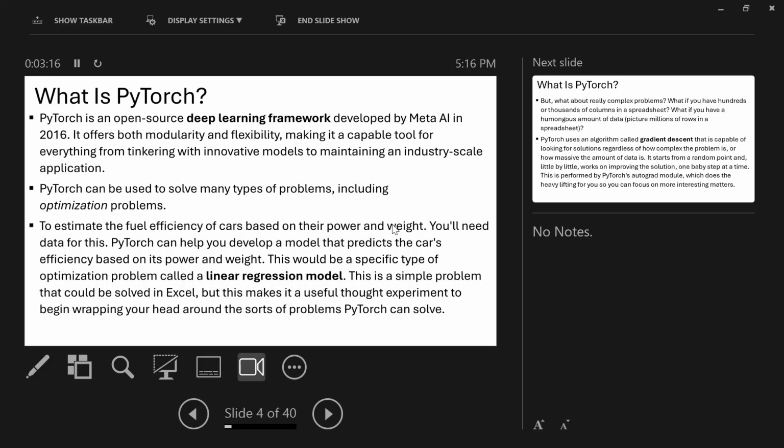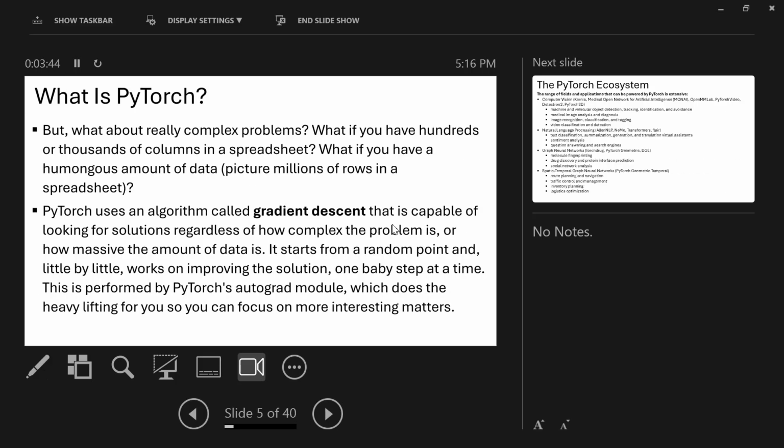It can be used to solve many kinds of problems, including optimization problems. After this, even in this module, we'll start with the linear regression model. You can use it to develop models as simple as linear regression and as complex as computer vision and natural language processing tasks. That's what PyTorch can do.